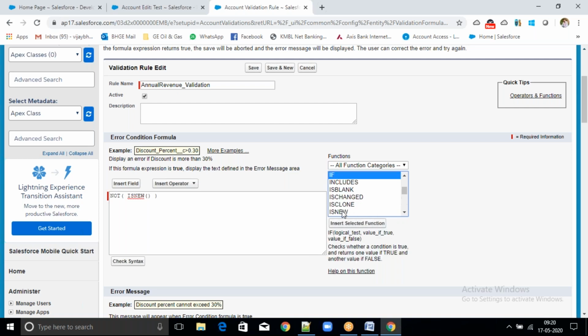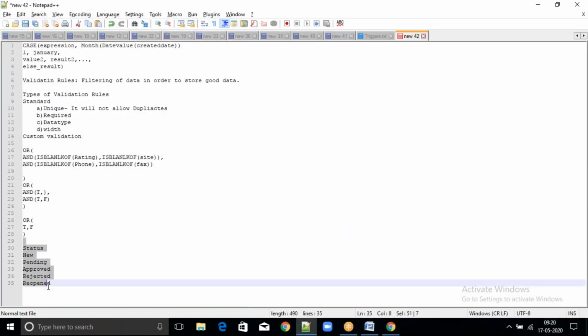For a pick list value, it is is pick val. What is the pick list value we are selecting? That we will get in the is pick val, right? And what is the previous value? Using prior value returns the previous value. So using is pick val and prior value, using and condition, try to write this validation.